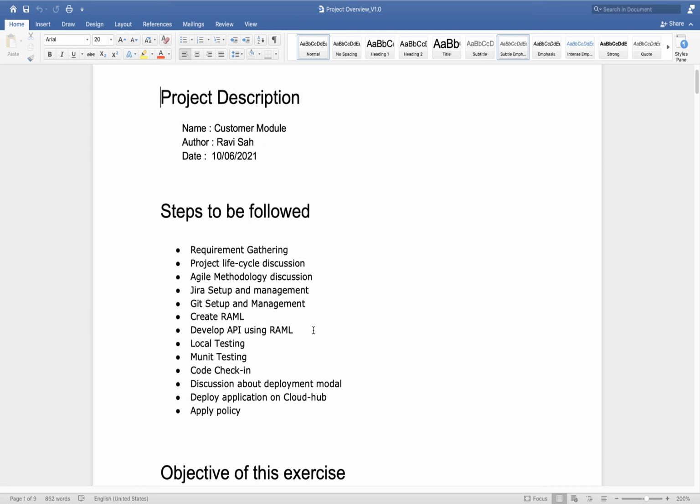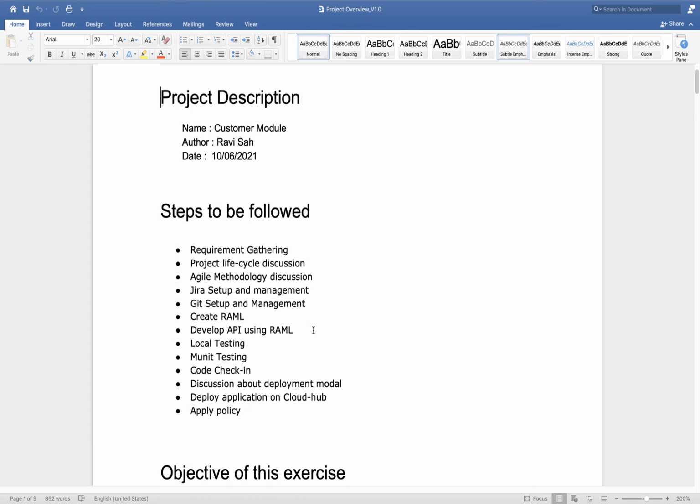We'll understand what all requirements we have, how many APIs there are, what all those APIs will do, and then what the structure of all the APIs will be. All those discussions we will do there, and then for each API we have a functional design document. So we'll go through the design document and understand that API in detail. Then we'll understand the project life cycle.